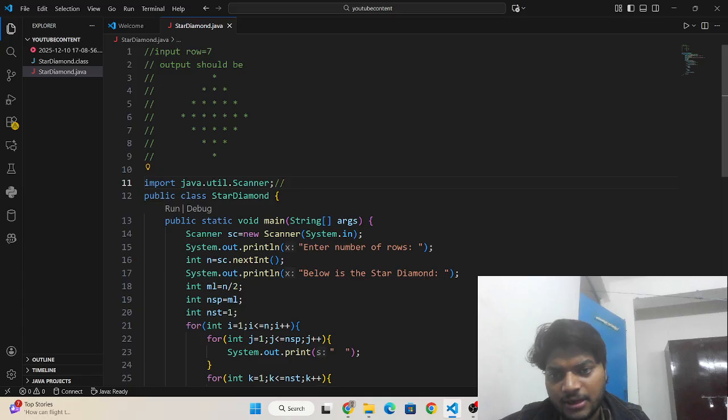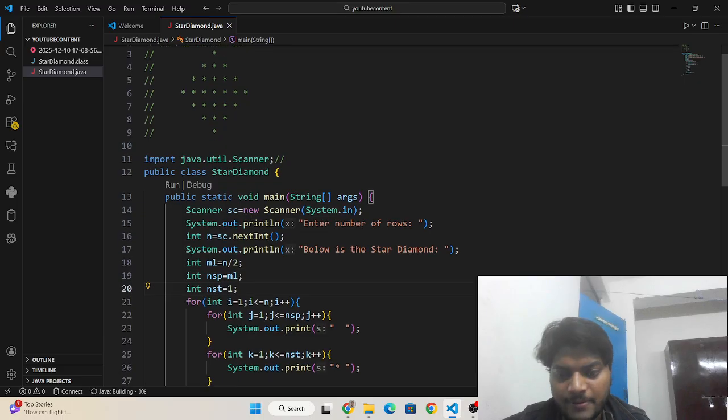I have initialized three variables. First is middle line. Middle line is n by 2. And nsp, the number of spaces, I have initialized with middle line, and the number of stars I have initialized with 1.